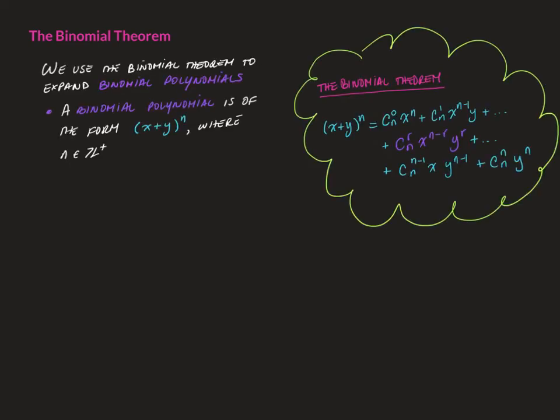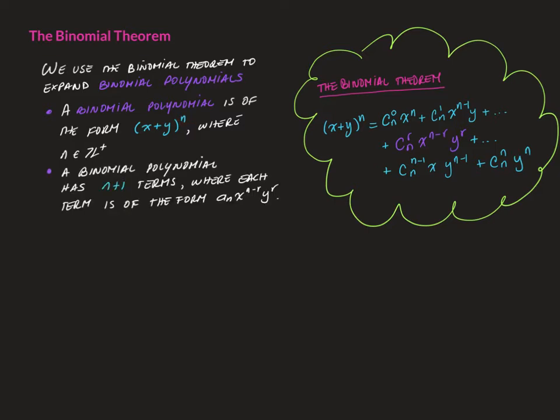In this lesson, we're going to talk about the binomial theorem. We're going to use the binomial theorem to expand binomial polynomials of the form (x + y)^n, where n is a positive integer. In the expansion of a binomial polynomial of this form, you are going to find n + 1 terms, so